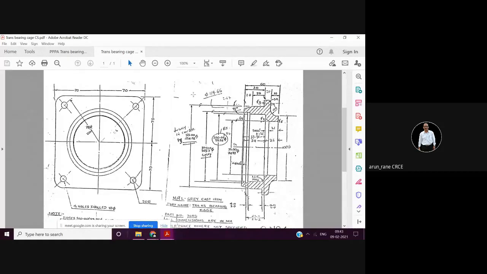Now you have done setup one on the lathe machine. Then you are not going to do the next operation immediately, isn't it? Yes, if you have two machines, then you can do it immediately. But even if you have two machines, you need to transport from one machine to another, isn't it? And you are not going to transport one piece, so you'll make at least 50 pieces and then only transport. So when you are stacking one component above the second component, you have to take care that these components are not damaged, there are no scratch marks, there are no dent marks, in the handling.